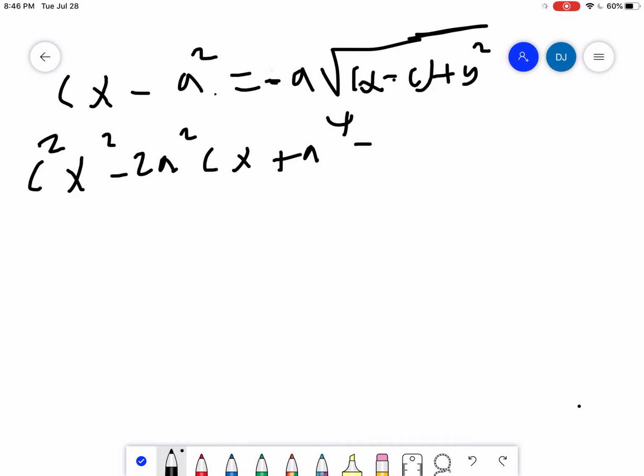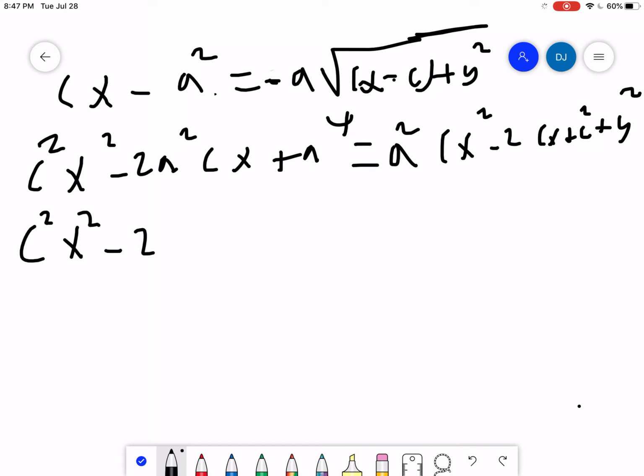This is equal. Now if we square the second side, we get a squared times x squared minus 2cx plus c squared plus y squared. So now we've squared both sides, and now we're going to distribute the a squared. We get a squared x squared minus 2a squared cx plus a to the power of 4